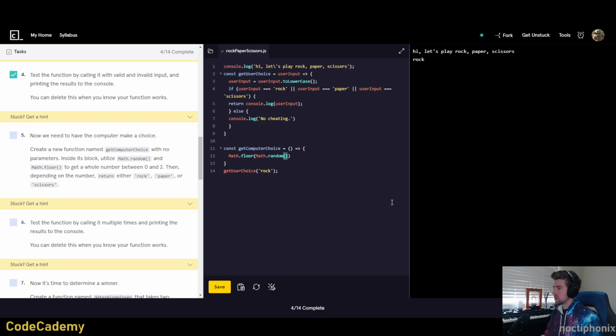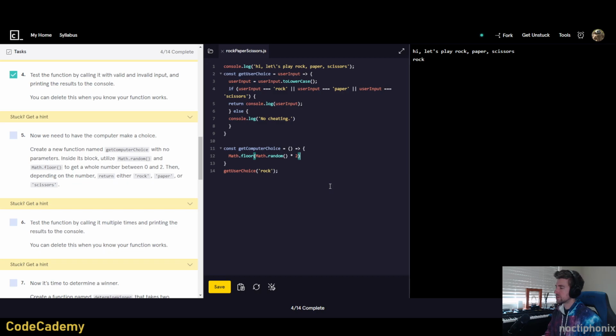And then this is going to be multiplied by 2. So math.random finds a value between 0 and 1. And so then this result we want multiplied by 2 to create 3 different choices after it runs through the math.floor, which basically just truncates the decimal value of the number to give us an integer. So math.floor.math.random, and then